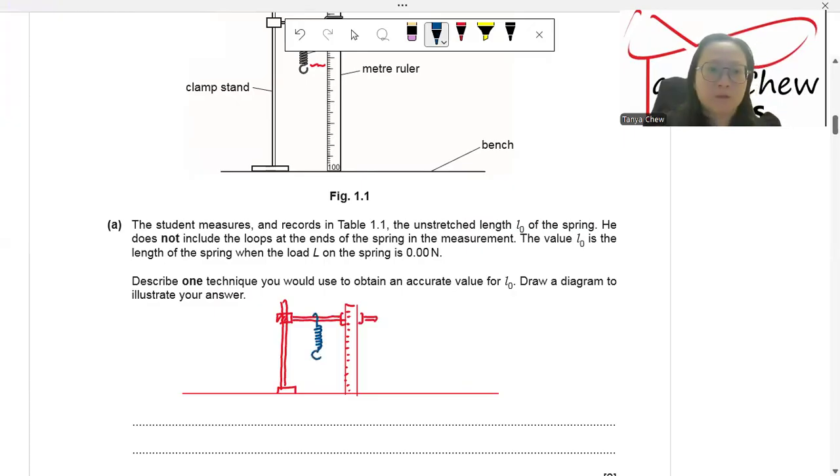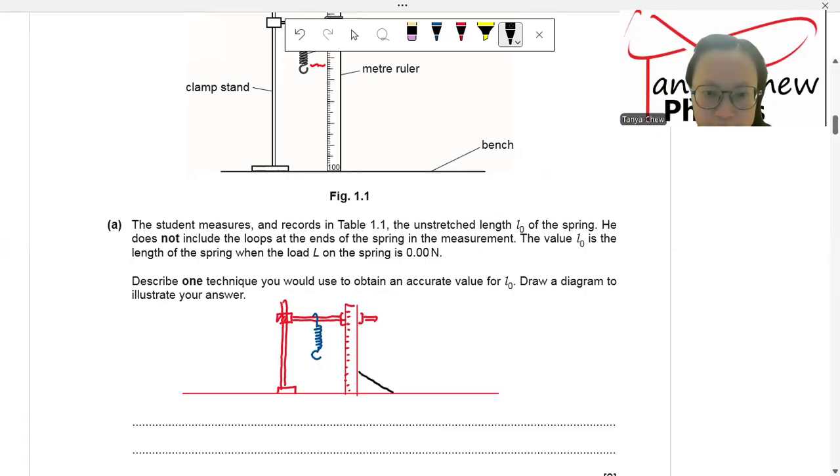First of all, to make sure to obtain an accurate value of L naught, you look at the meter rule. The meter rule is drawn straight, I can see from Fig 1.1. But in real life, when we conduct the experiment ourselves, maybe due to the surface of the bench, which is not straight, you could have clamped the meter rule a little bit slanted. So in order to make sure the reading of L naught is as accurate as possible,